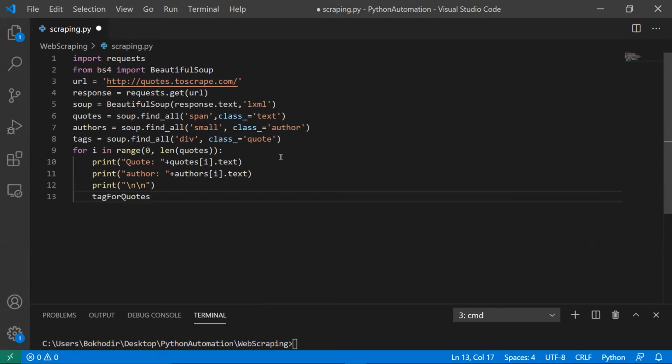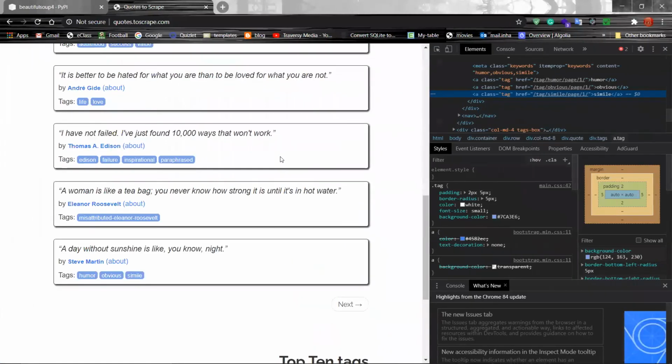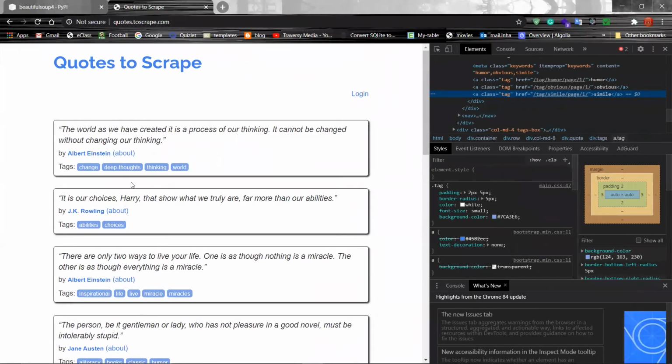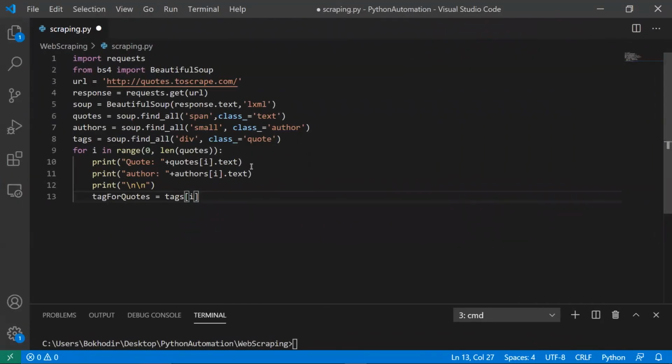Tag for quotes is my variable, which goes through each iteration. For the first iteration, it goes here and identifies every tag of this quote, right? So dot find all, I'm gonna say a tag with a class of